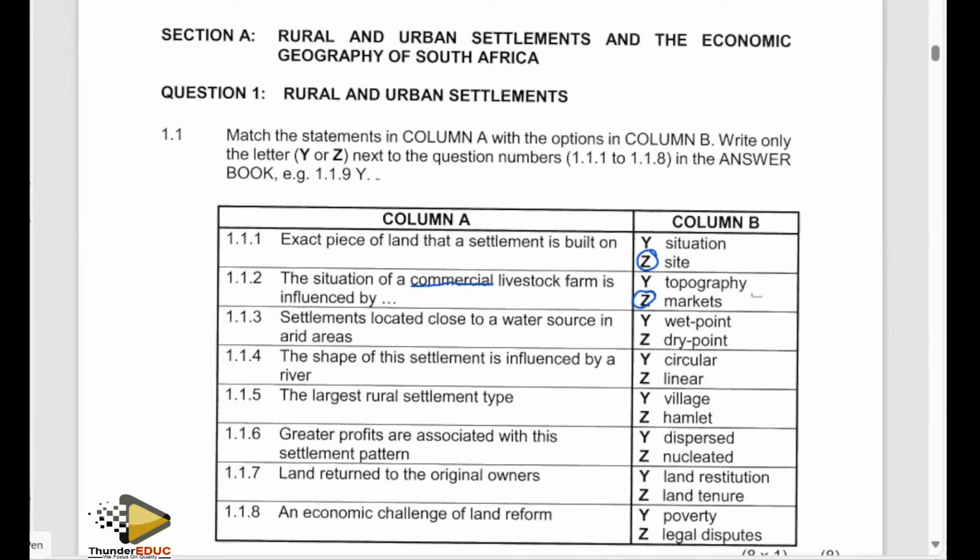I'll go to number 113. Settlements located close to a water source in arid areas. For example, if you talk of the desert areas, you find that settlements are established on the oasis, which is the source of water. What kind of settlement is that one? Remember, we classify settlements in relationship to water. We have a wet point and a dry point settlement. So for this